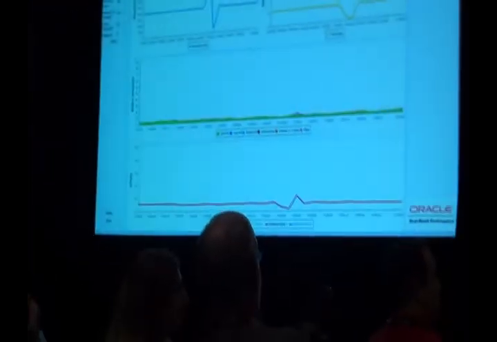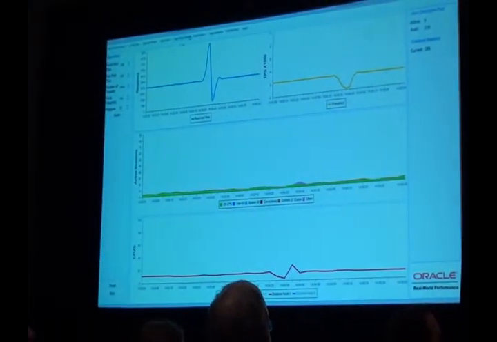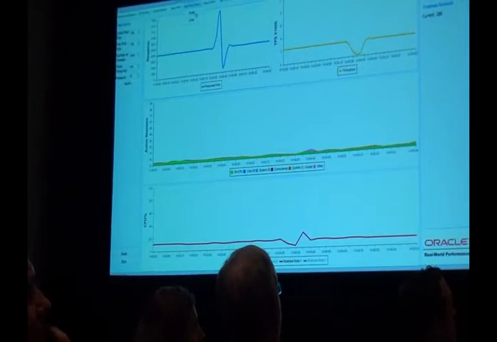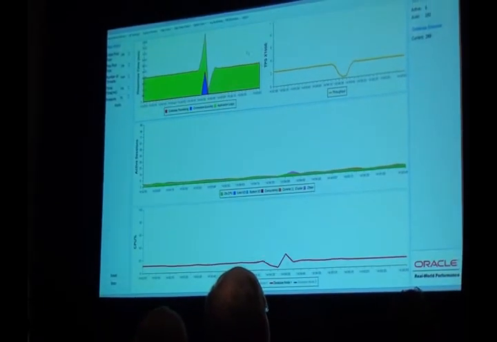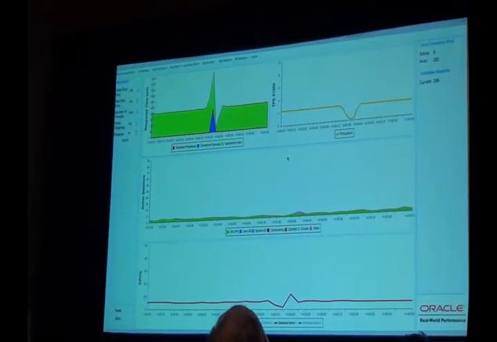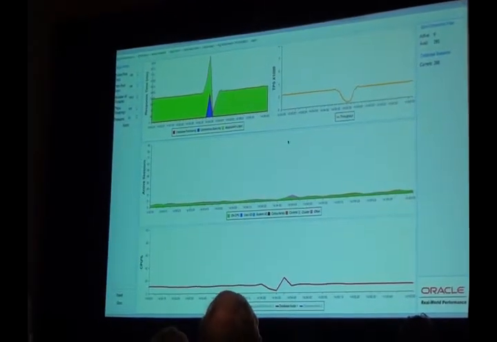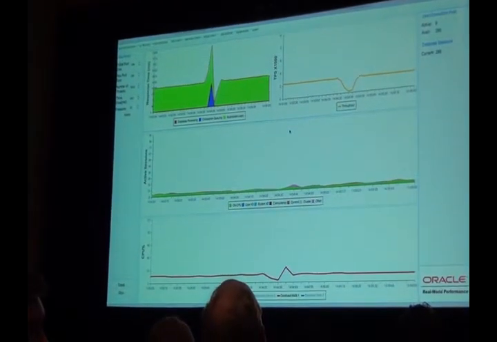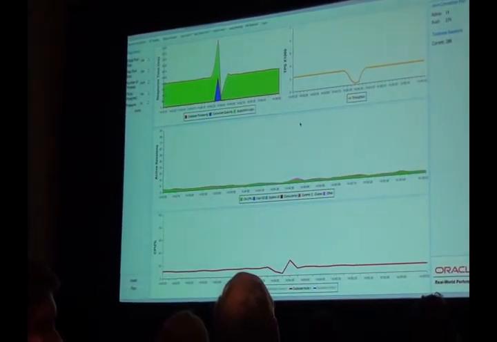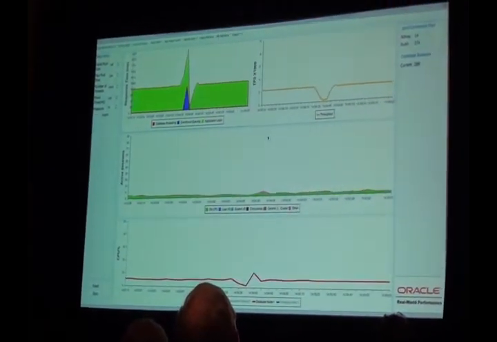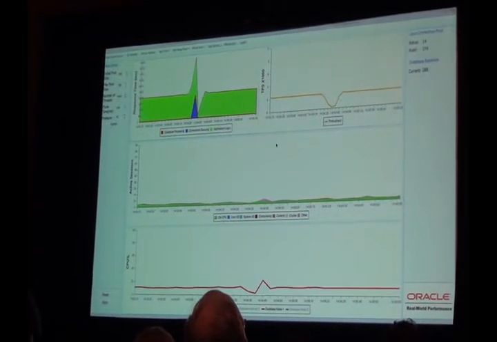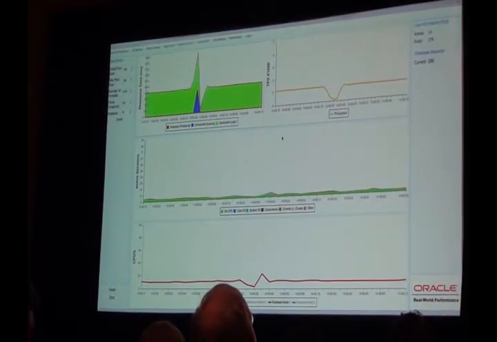So, we have information about the response time. Can we get a breakdown of where that response time is going? Right, so the green part there represents the time that's being spent in the app server. And what looks like a red line along the x-axis is actually the time spent in the database.